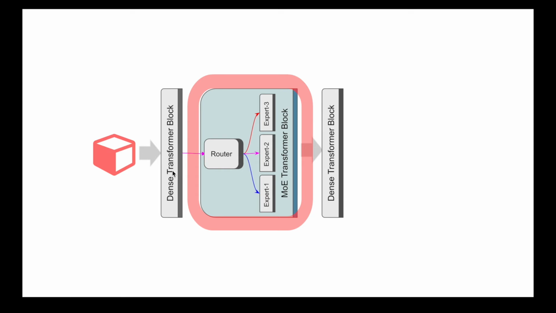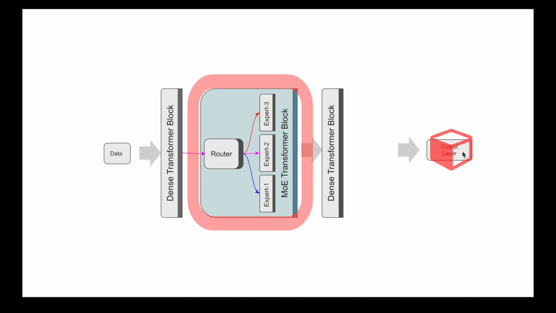It means the input data is going to be processed by this dense transformer block, which is going to process all the information for the full input. That input is then given to the router, which takes all the information here and routes it depending on which expert a particular router chooses, or the number of experts it chooses. And finally, the output will be sent to the output layer.